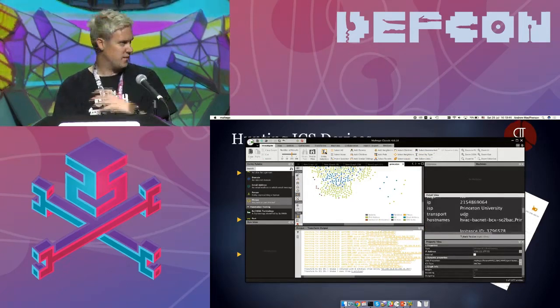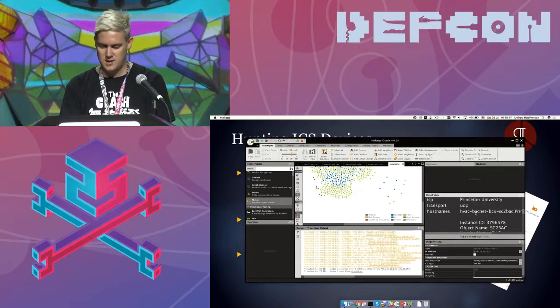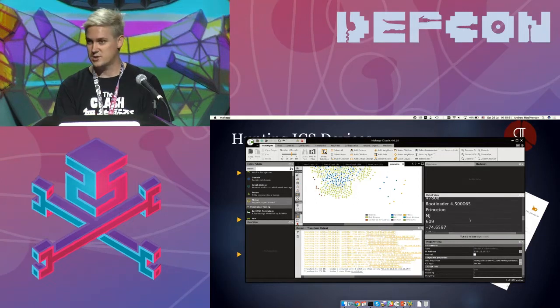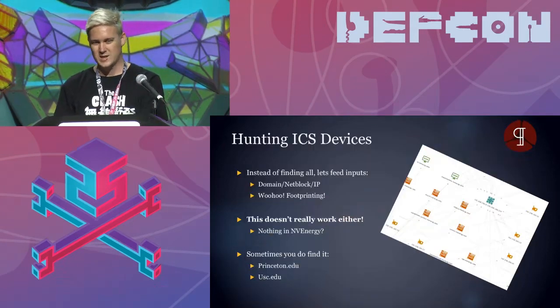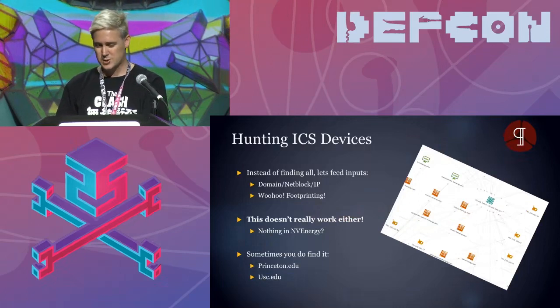A lot of the time, they've got good DNS names. They say, this is for BACnet. They've got it in the host name, and I can read about it. So they fill in these details, but actually I'm looking to target something more interesting, so this really doesn't work for me either. So at this stage, we're like, well, what other stuff can we do?